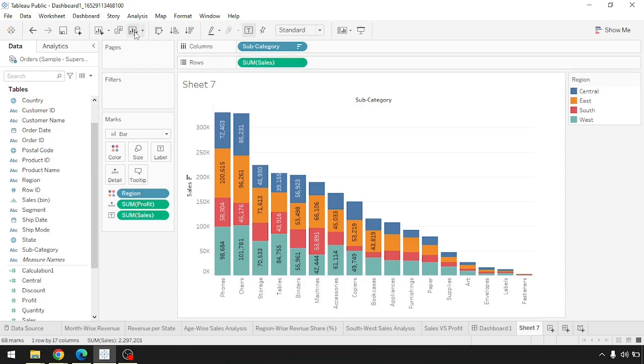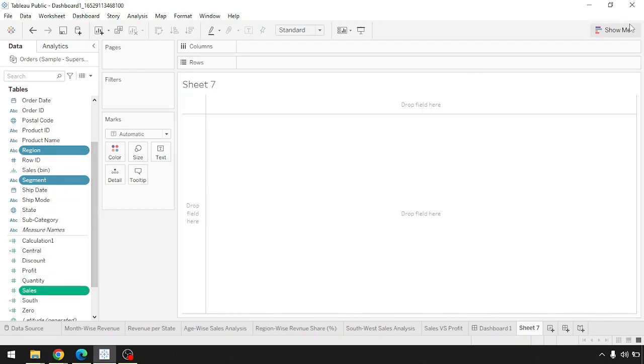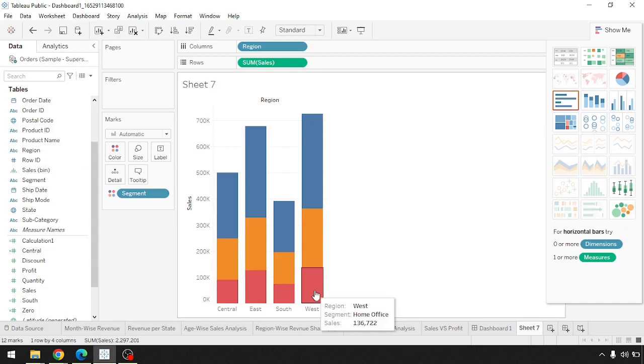Another way to do it is simply selecting three of your categories, two dimensions and one measure in this case, and then clicking on your chart. And you can see the stack bar chart is activated. And there you go. You see the same thing. The only difference is that